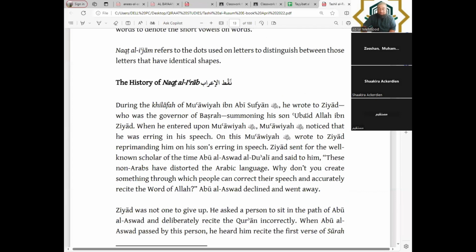So here the story starts. The history of Naqtul I'rab. One point to note is that among the scribes of Rasulullah sallallahu alaihi wasallam, Muawiyah ibn Sufyan radiyallahu ta'ala anhu was amongst those foremost scribes. You had many other scribes: Zayd bin Thabit, Muawiyah ibn Sufyan, Ubay ibn Ka'ab, and so on and so forth. One thing you will come across is what impact they had on the whole process, how Rasulullah sallallahu alaihi wasallam would get his students to write down the words as he would dictate them,